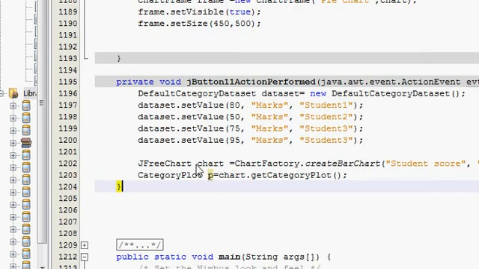Right click and fix import first, and the error will go,